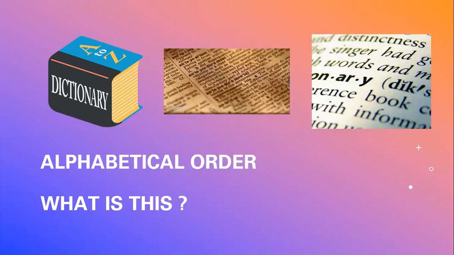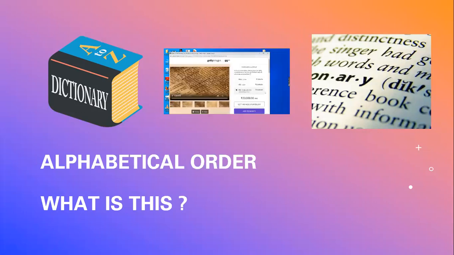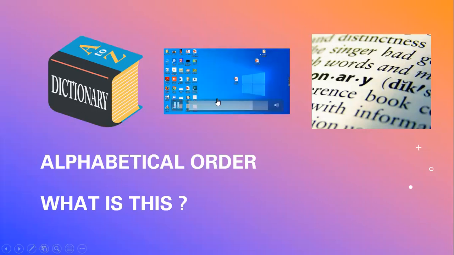So if you listen carefully, all the words are starting with the letter A. A dictionary is a book where the letters start from A and end with Z. You are able to see all the words that start with A, after that B, after that C, after that D, after that E, F, G, H, like that.